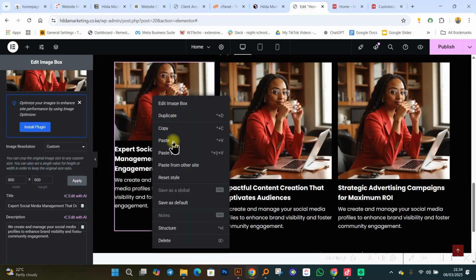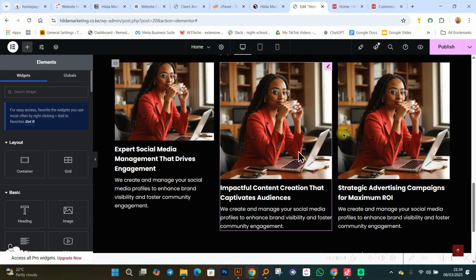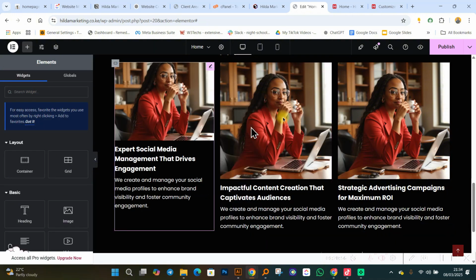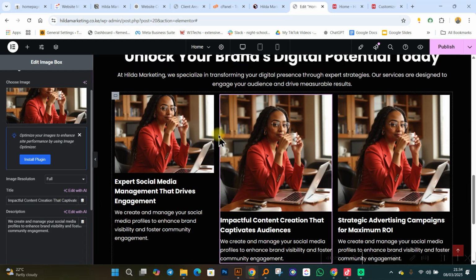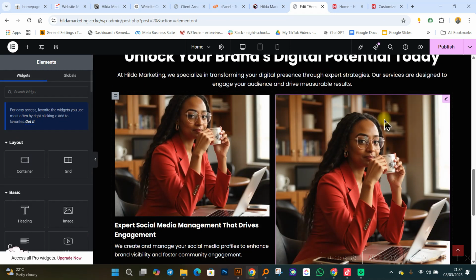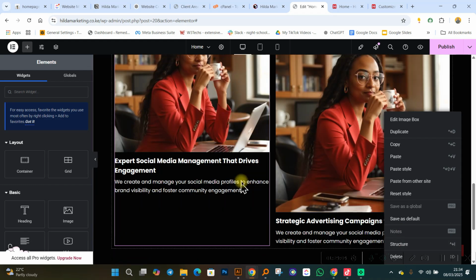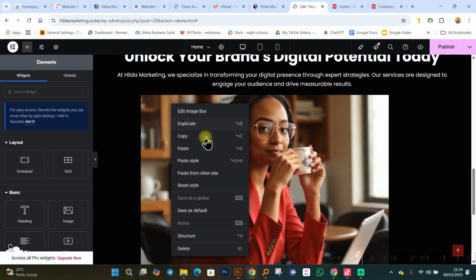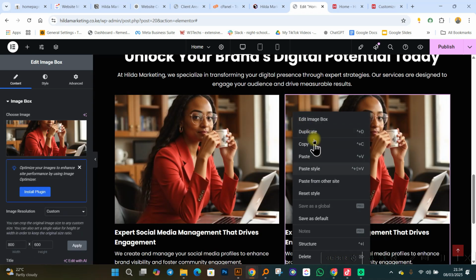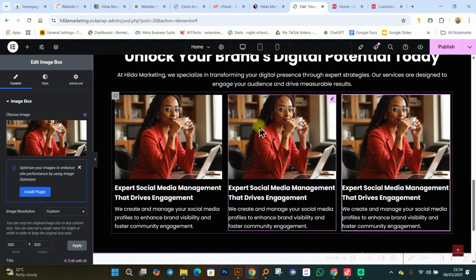So now if I copy this style again, all the images will have that copy, paste style. Imekata. So what I will do is I'll delete this. Sorry, I'm going to delete this. Now I'll right click, duplicate, right click, duplicate. Okay.